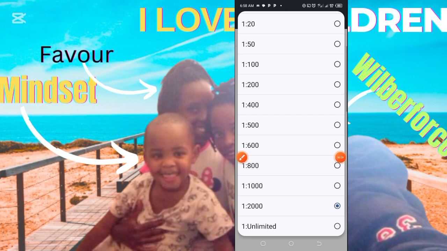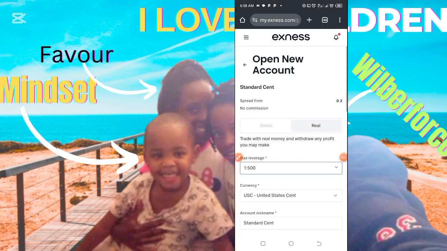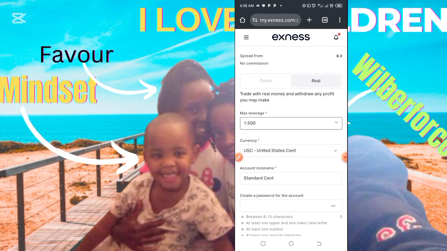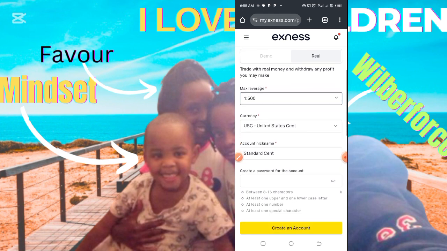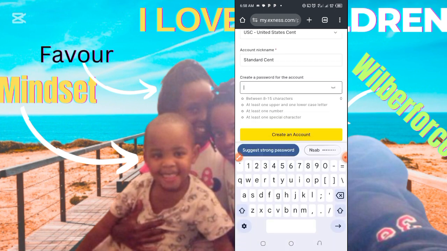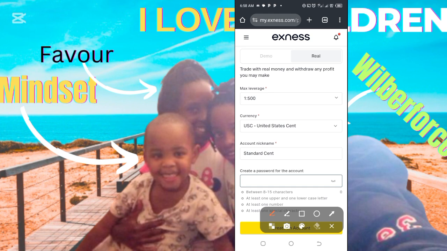And now once you have selected, for example, your leverage, you can select the currency. You leave it as USC, which is United States cents. Then the nickname, you can choose your name or you leave it like that. Then you create the password. The password must be in line with this criteria, which is